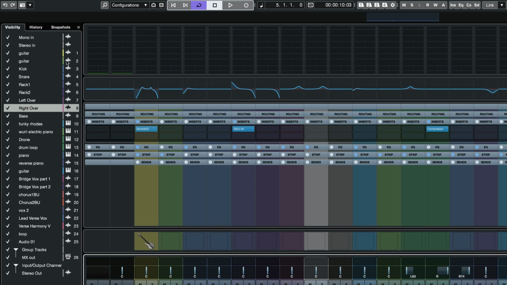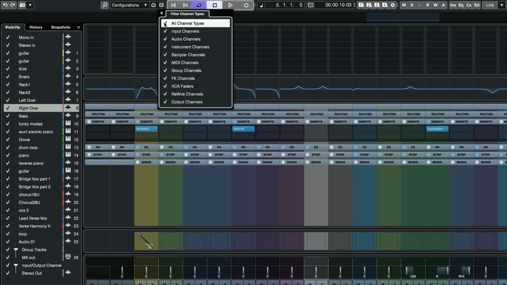This is an audio track icon. It looks like the first couple are all audio related. Then we've got a little keyboard here, which tells me this is an instrument track. Some more audio tracks. Here it looks like we've got a group track, just by the icon, though obviously you can read the name here. Essentially, I've got several different types of tracks within this project. And if I want to cycle through or filter by track type, I can do that with my configurations or this tab here.